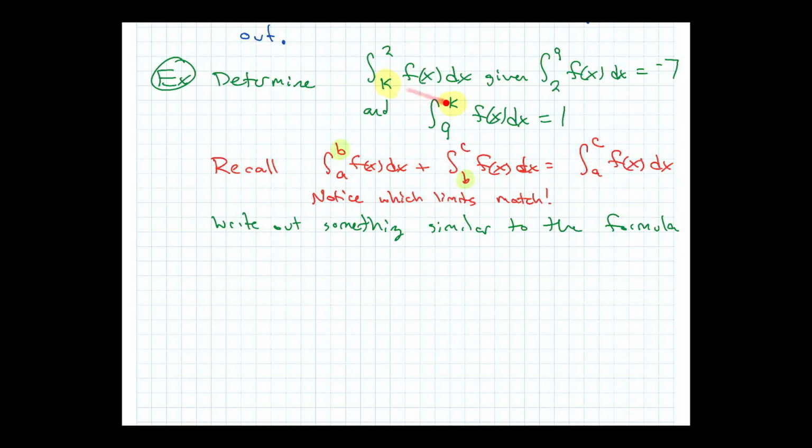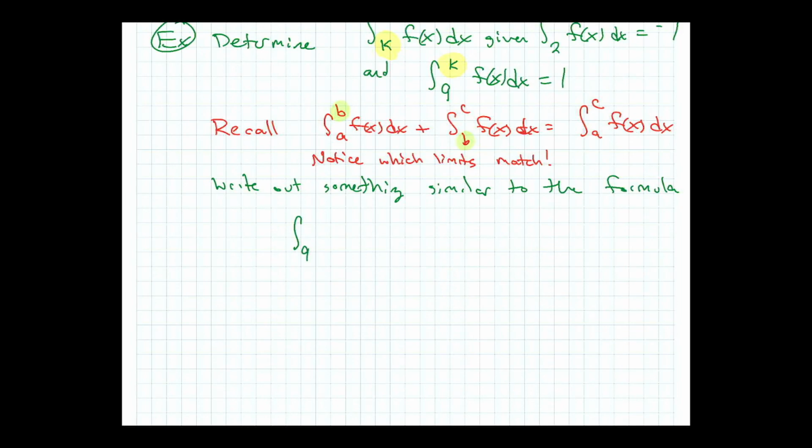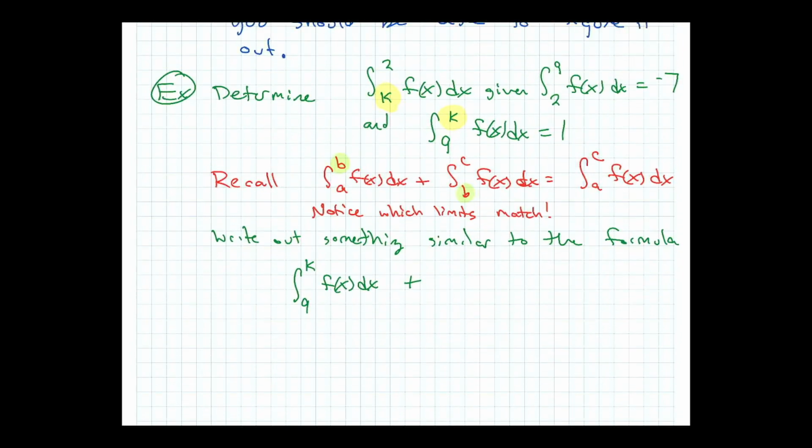Right. So I identified the matching limits. This first one, it's the top limit, so that should be this one. I'm just going to write the integral from 9 to k of f of x dx. I don't want to write what it equals, I just want to write that. Plus, then you've got the one with the bottom limit, which is this one. So that's the integral from k to 2 of f of x dx